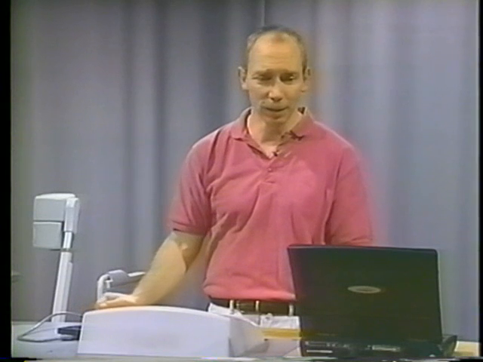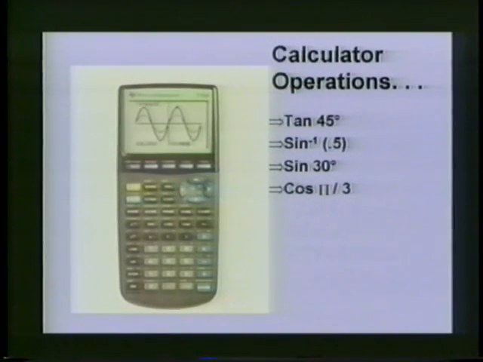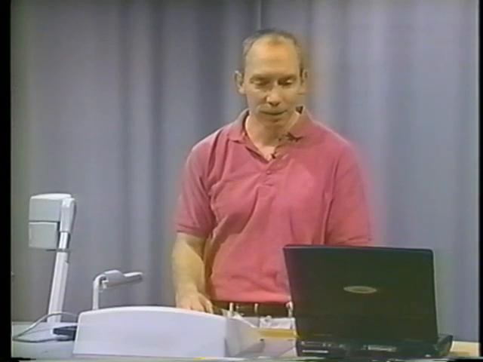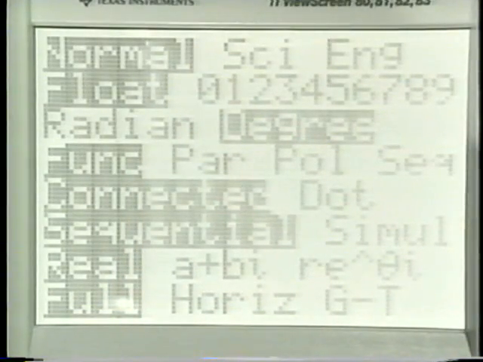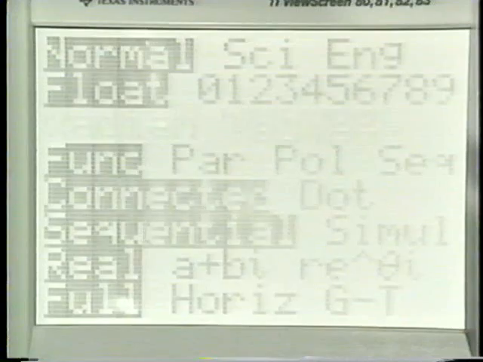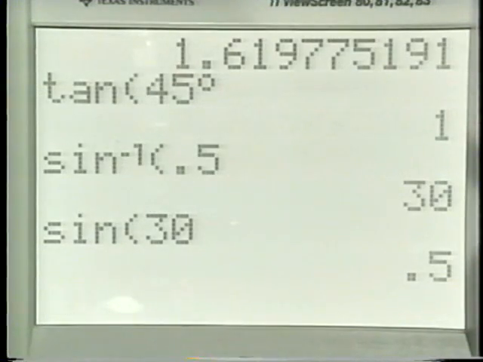Okay. Now I want to try, if you look at the full screen, I want to take the cosine of pi divided by 3. Okay? The cosine of pi divided by 3. What am I talking about here? Okay? I'm talking about certainly radian measure. Okay? Because I see the pi. I smell radian measure. Okay, I see the pi. Okay, so let me switch it to radian measure. Okay, am I in radian measure? No, I'm in degree measure. Okay, so I'll go down, switch it to radian measure, clear out,